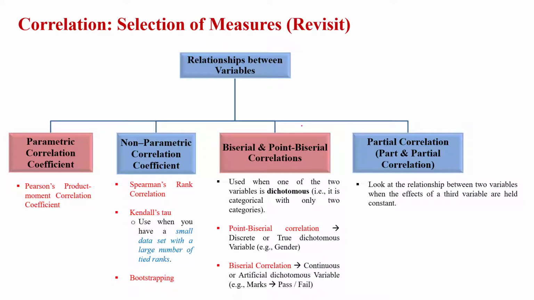In this video lecture, I will continue the topic of correlation analysis using R. In the first two parts, we discussed what covariance is, what causation is, what correlation analysis is, and how we can perform correlation analysis using Excel. And then in the second part, we discussed how we can perform the parametric correlation coefficient in R and how to interpret them. Similarly, we discussed the non-parametric correlation coefficient.